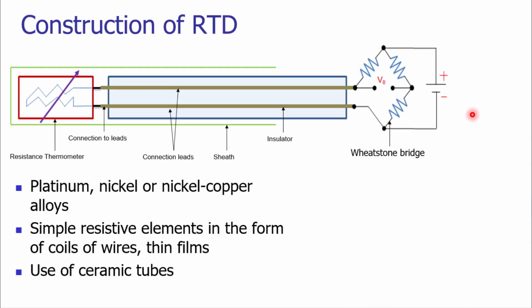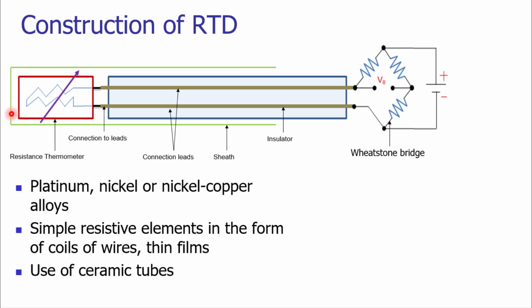This sensor must be utilized along with a signal processing device. The sensor must be used along with the Wheatstone bridge because the RTDs are providing the change in resistance. But the microprocessor knows the language of voltage. So to convert the information from the RTDs, that is delta R, into delta V, we use the Wheatstone bridge.